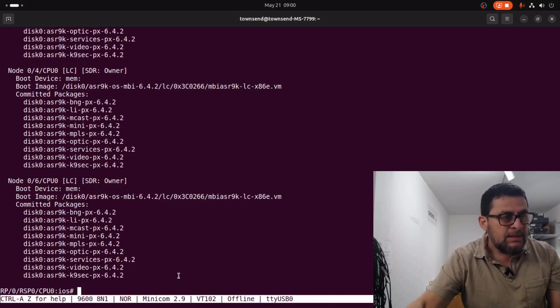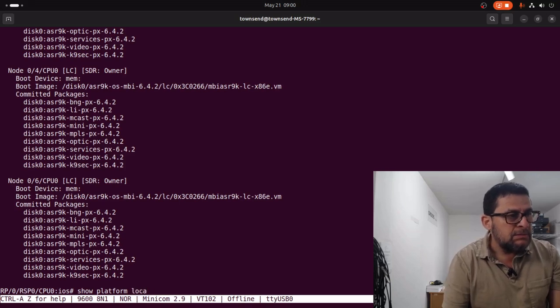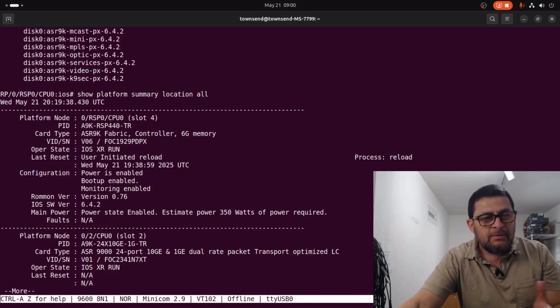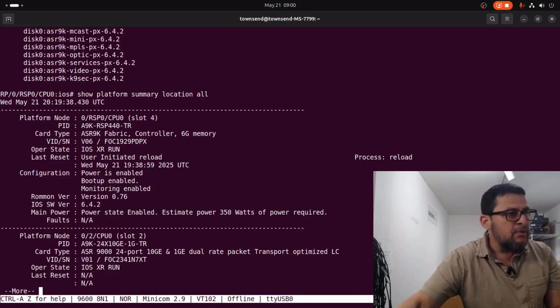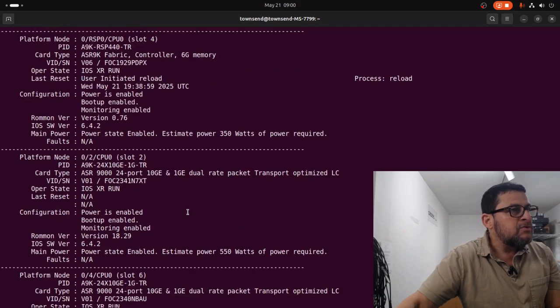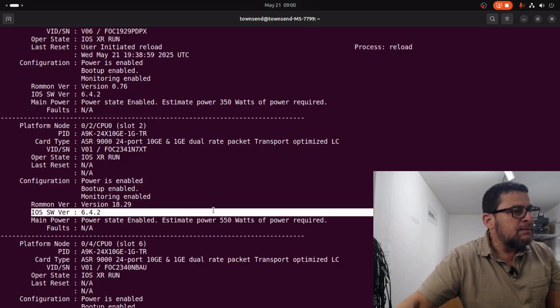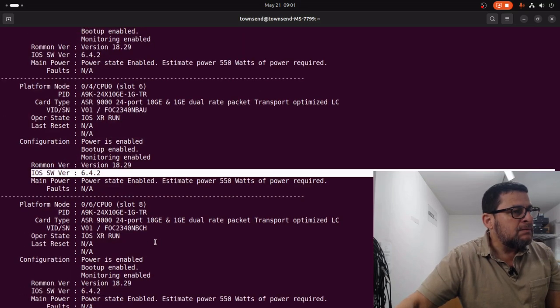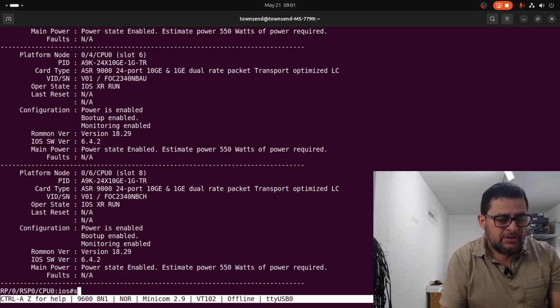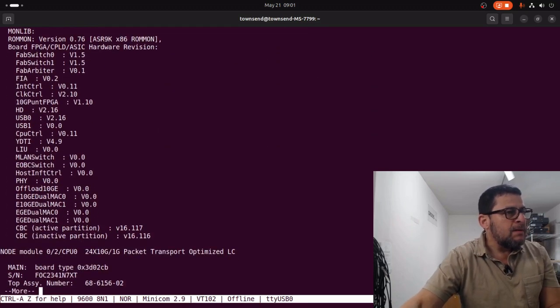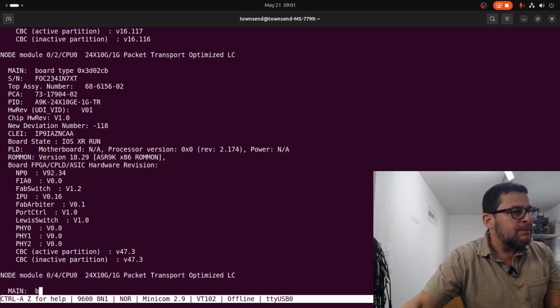My customer wants that. So you can execute show platform location summary, location all, and it gives you a little more information about the modules and the route processor, right? Also, you can check the operating system right there, here, right? And you can also check show diag, which gives you more specific information about the modules,